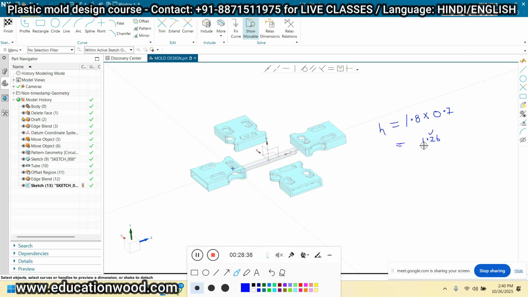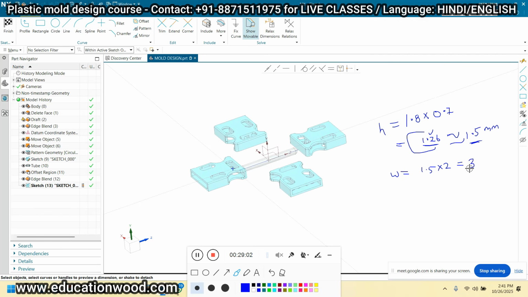So, should we take the 1.26 value? Now, we should take 1.5, right or wrong? 1.5. And now if 1.5 is the height, how can we find out the width? 1.5 multiplied by 2. So you will get 3 mm.